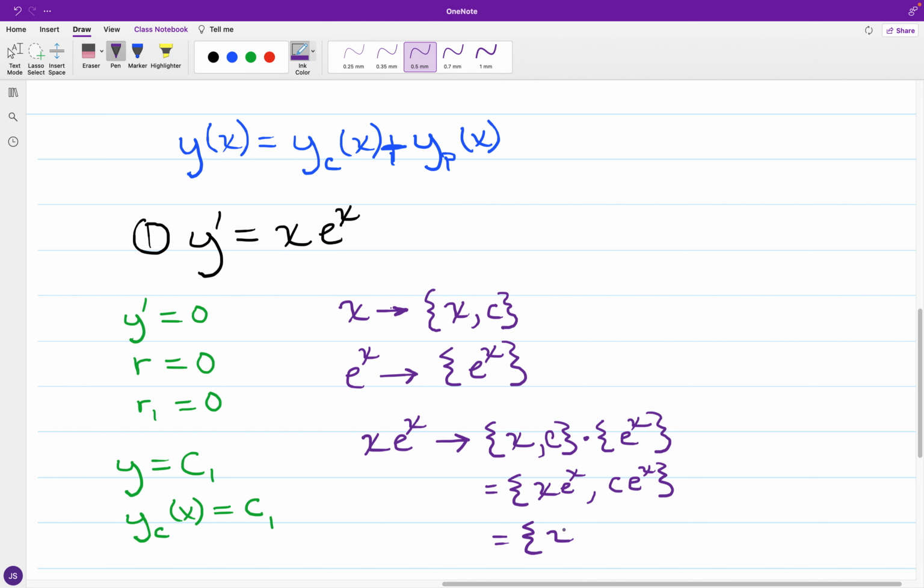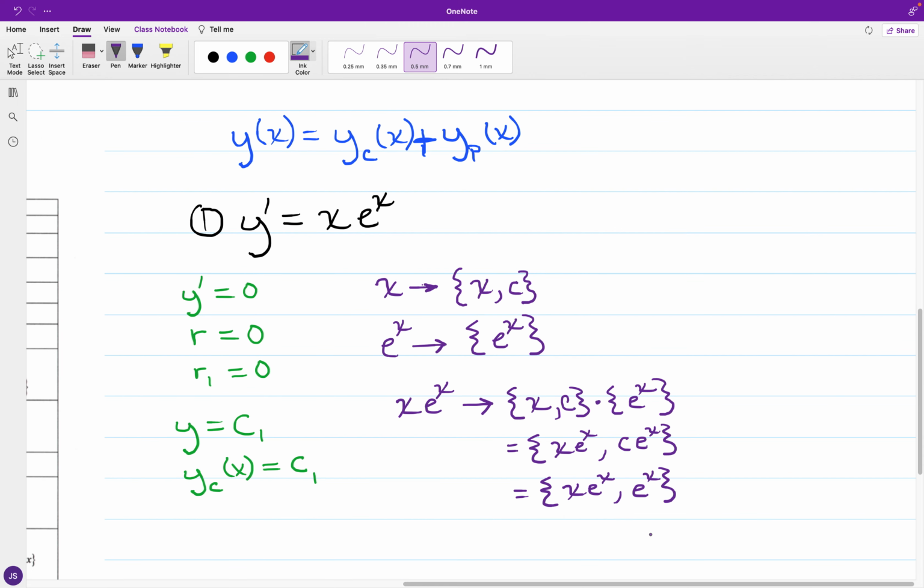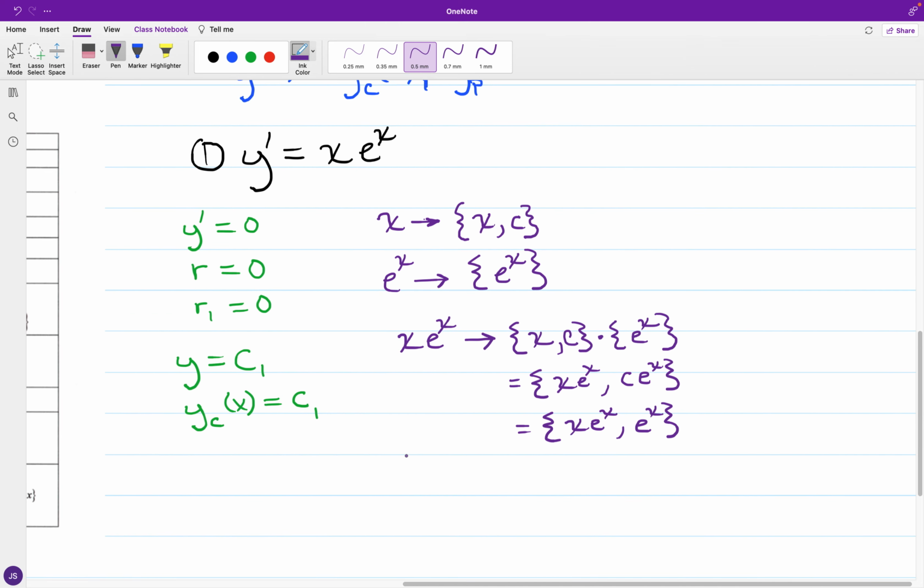Okay, so we have x e to the x, and with constant times e to the x, you're just looking at a direct multiple of e to the x. Now for this equation, we had the complementary to be a constant. Now for the particular solution setup,